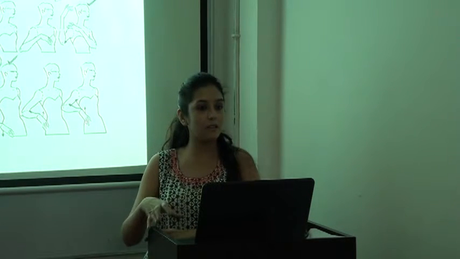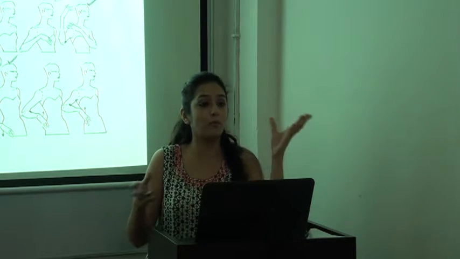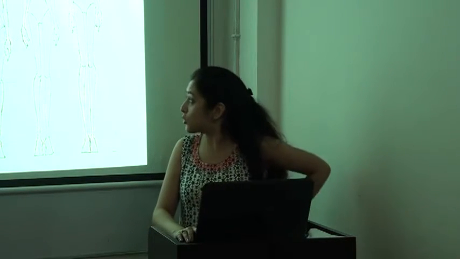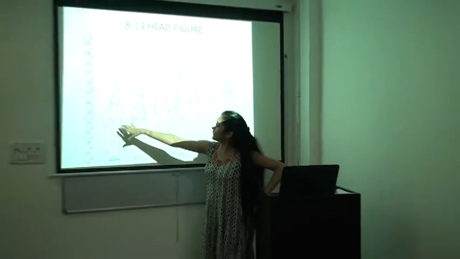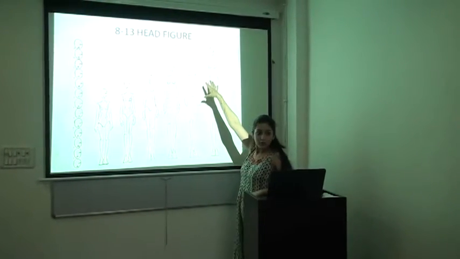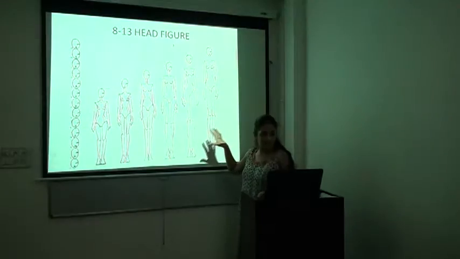Rather than doing a fashion figure all together, I break them down into steps so that they study each and every detail in process, so that there is no confusion at a later stage when they tell me, if I want to make a side posture, how is that possible? So basically this chart shows the difference between an 8-head human figure and a 13-head fashion figure. If we look, there's hardly any change in the upper torso. The main portion that is focused on is the legs and the arms.